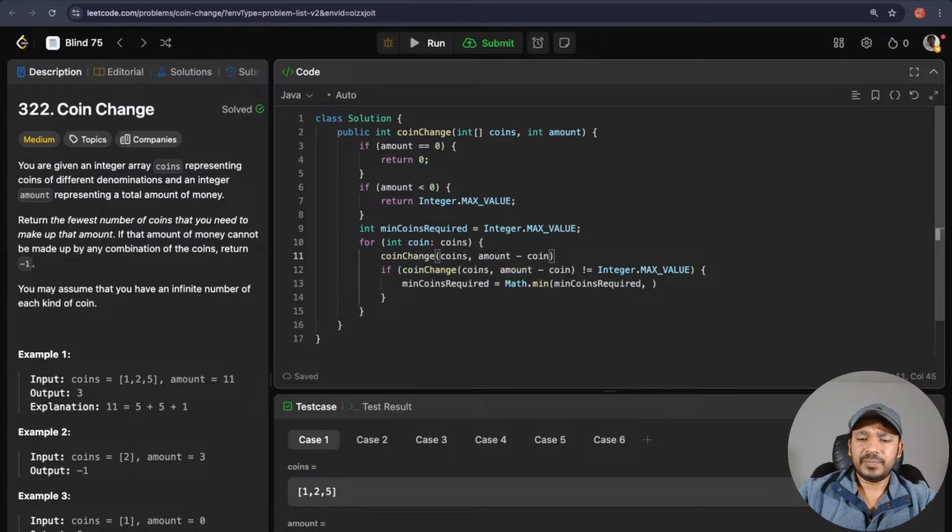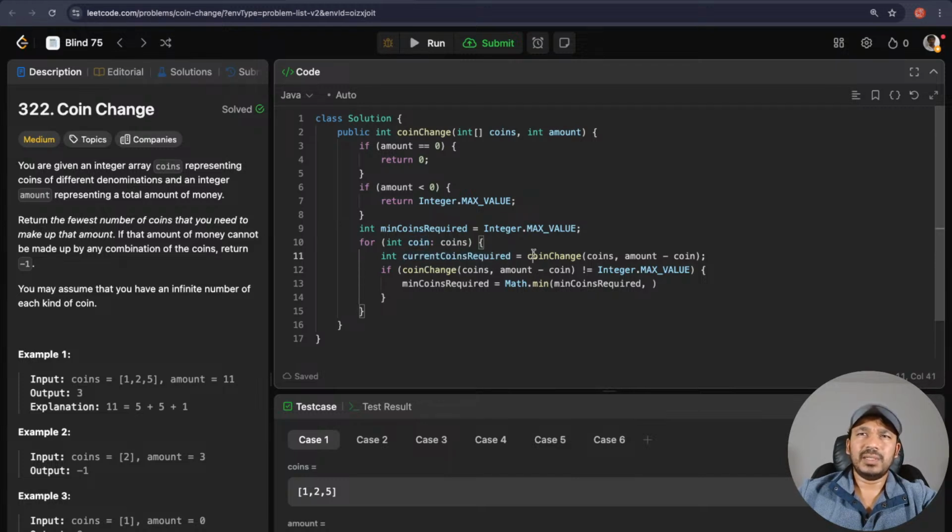Integer coins required is equal to coins required using current coins required, let's say. Current coins required means if I use this coin or one of the denominations, what's the total number of